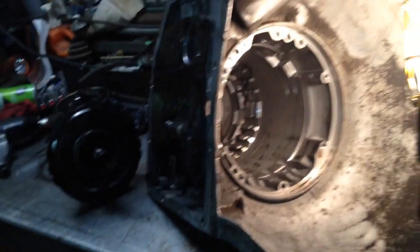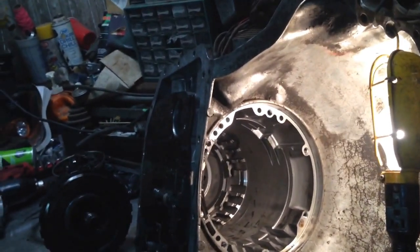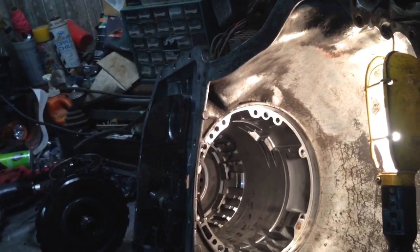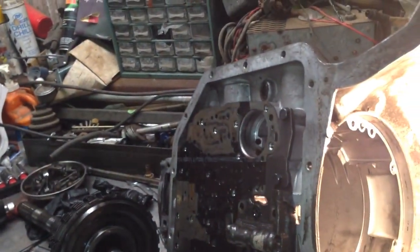I think we've got a good case to work with, and probably tomorrow or the next day I'll tear it down further. Depending on how far I get, if I don't get to the point of going back together with it, the transmission friend I've got has a hot tank machine. I'll probably take it and get him to get it all cleaned out,